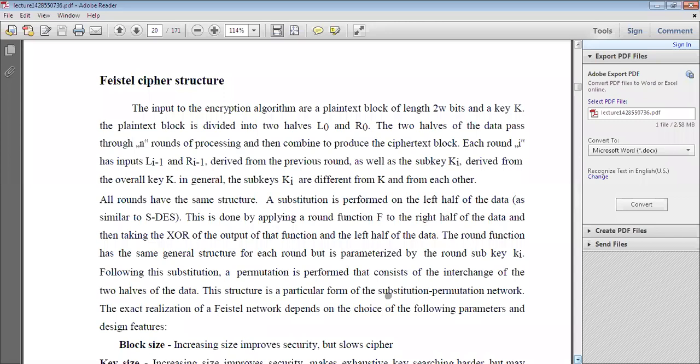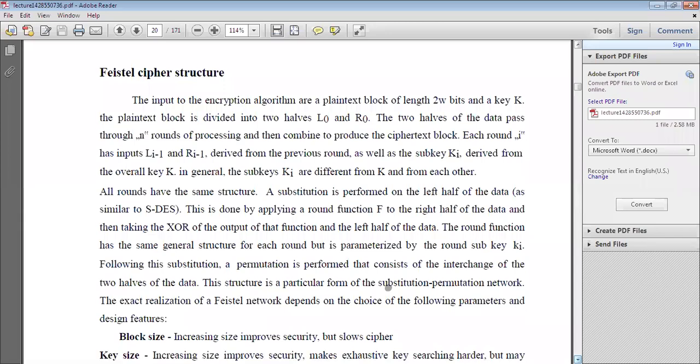The Feistel cipher structure is very important because you have to use this structure in encryption algorithms like DES and AES. So in all these symmetric encryption algorithms you have to use this